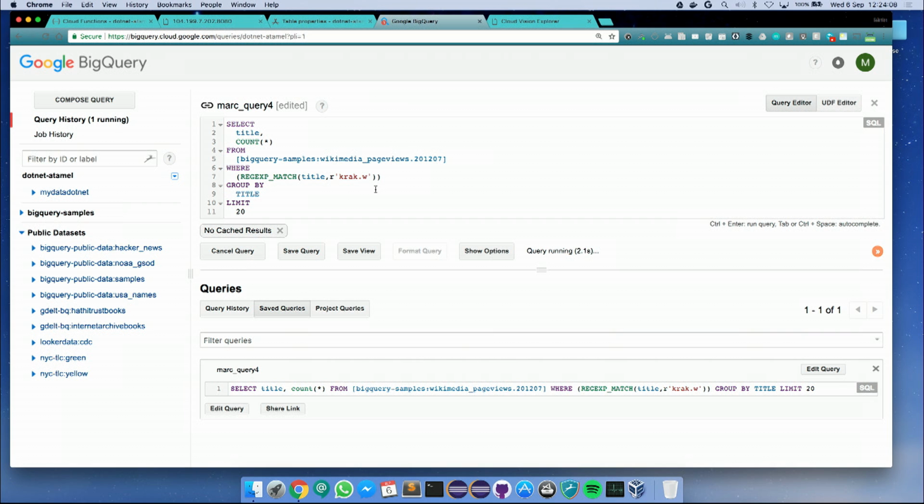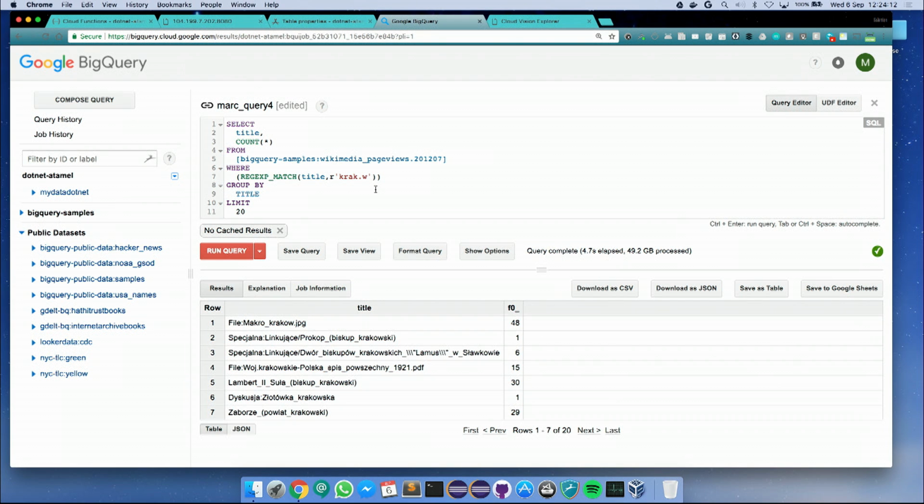What this is doing is scanning every line in the table of this database, and it's looking for occurrences of Krakow. Because the O can be written in different ways depending on language, I've used a regular expression to avoid that. So not only am I scanning every row in the table, I'm running a regular expression on every single row in this table. I got my output, and if we look at